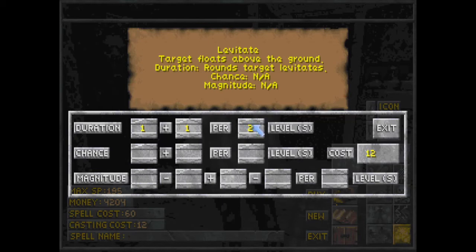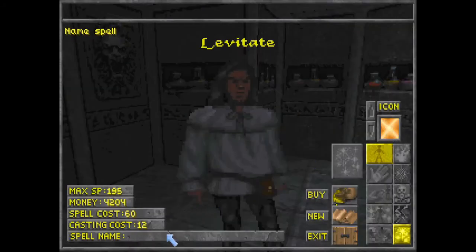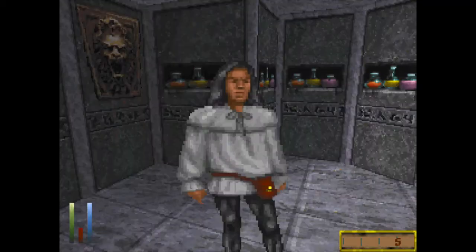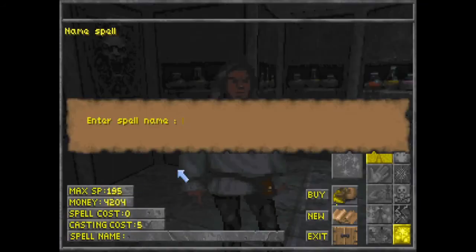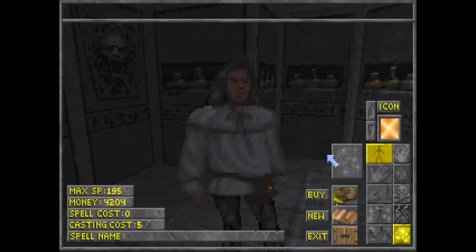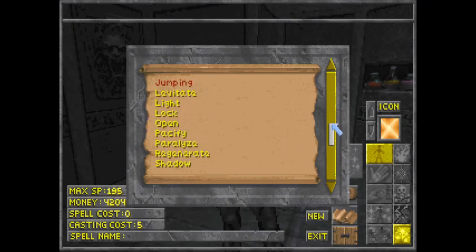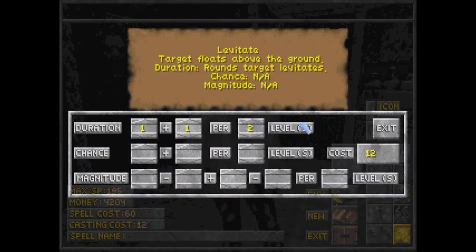This one I would probably make even higher, like every 4 levels, even though that sounds kind of strange. We'll just for now make it every 2 levels, not a big deal. Make it every 3, fuck it. Because really, sometimes you really don't want levitate to last that long. No, maybe not, actually. God damn it. Maybe because we're not even that high level right now, so let's just make it every 2 levels. Let's call it